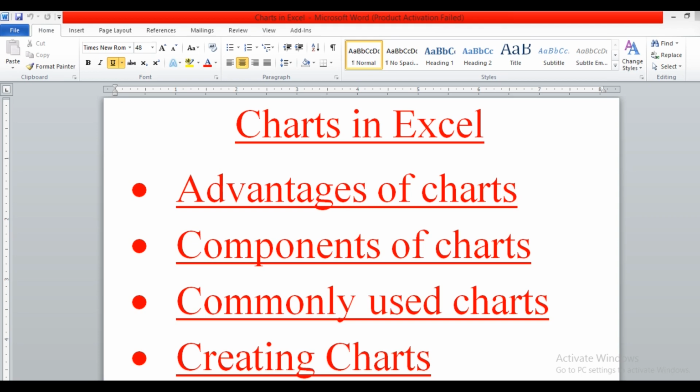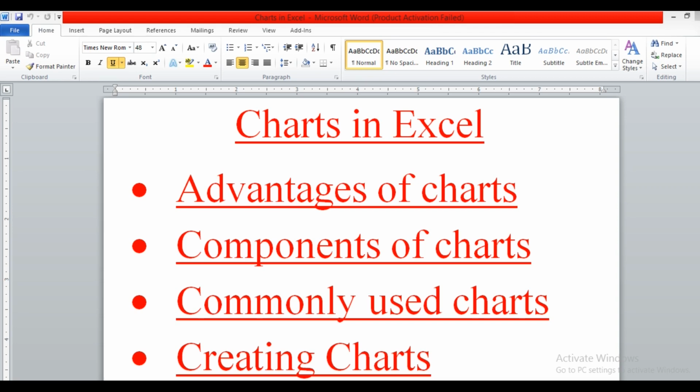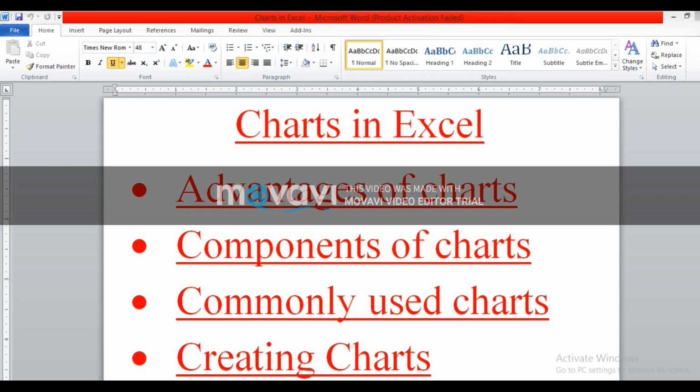Y-axis. Y-axis is also known as value axis. This is the vertical axis of the chart, along which the value of each data point is plotted. When we represent our data along the vertical axis, that is known as y-axis. As in mathematics, the vertical axis is also known as y-axis or value axis.